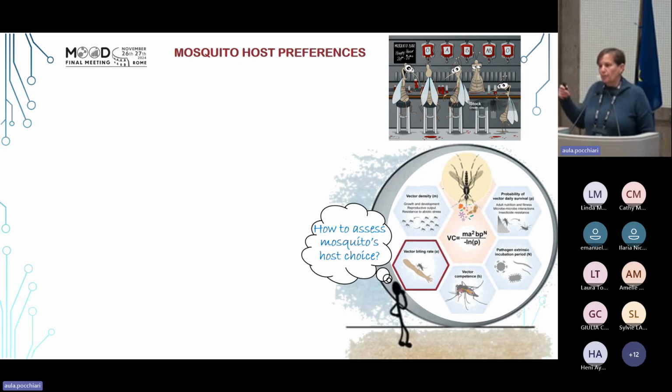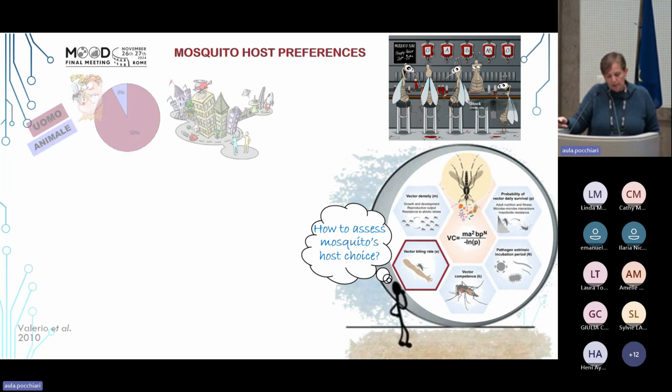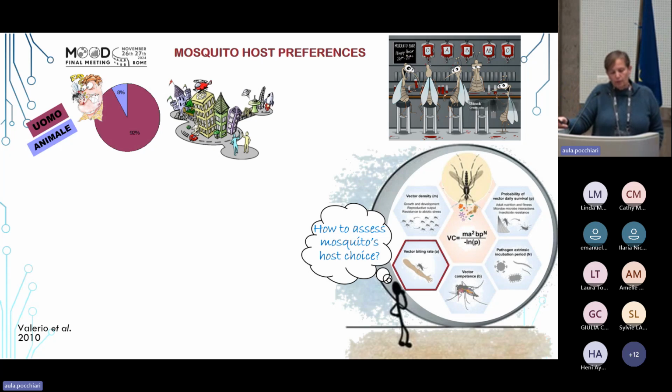because if you remember one of my first slides, Aedes albopictus is considered not a strong anthropophagic species, so it's expected to bite also other hosts, other than humans, and this is what we tried to establish a few years ago. So we analyzed the blood meal content of blood-fed mosquitoes captured in an urban area in Rome, and you can see that